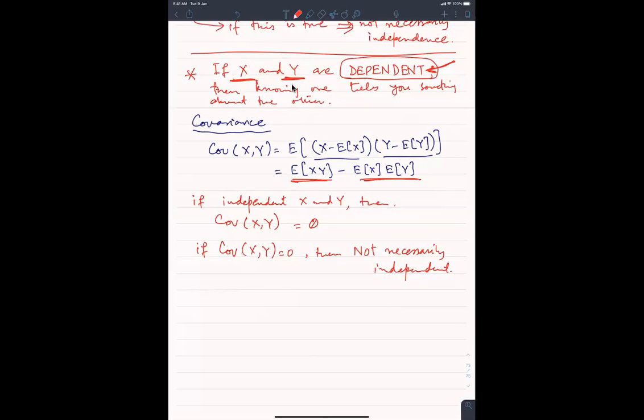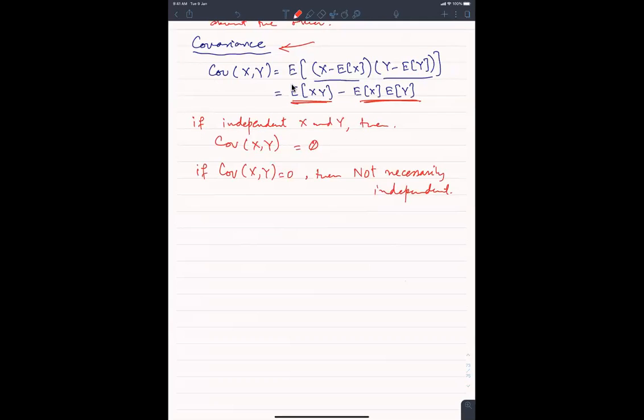Or more softly, there is some correlation between the two, or the covariance between the two is not zero, then that means the values of x and y depend on each other. If I tell you x, then you can say something about y. So if x and y increase together, that is, if x is higher then y is also higher, for example when temperature is lower the PM2.5 index goes up, if there is a correlation between the two,